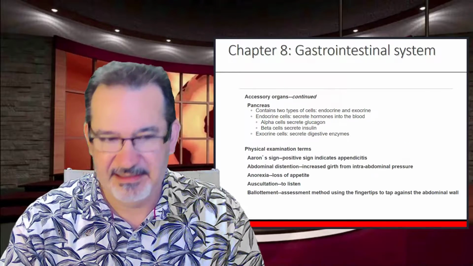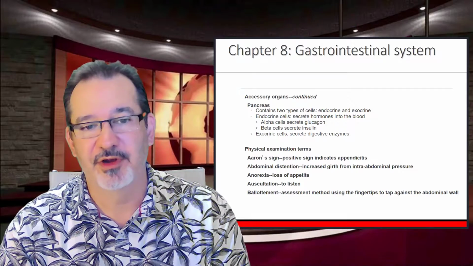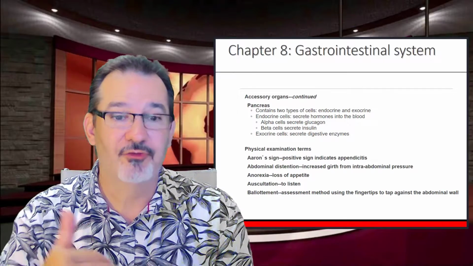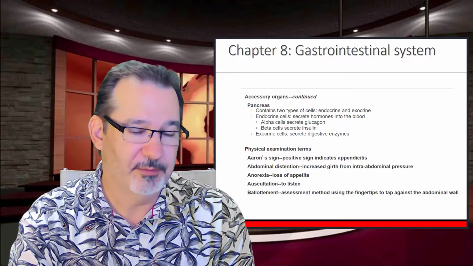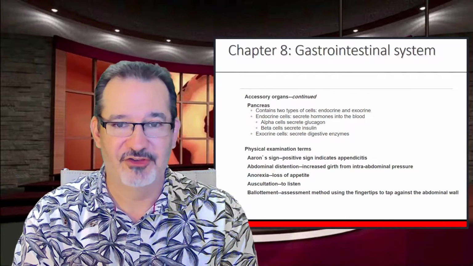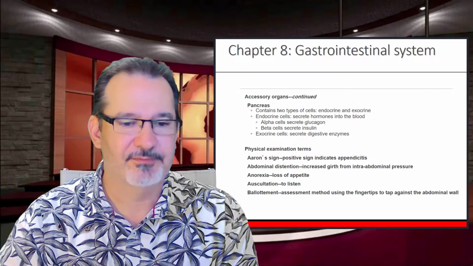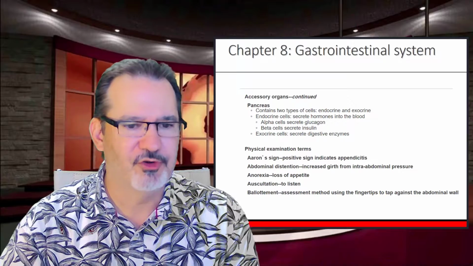Let's see. And then the pancreas, 2 types of cells, endocrine and exocrine. The endocrine cells secrete hormones into the blood, and then the exocrine cells secrete digestive enzymes, okay, to help break down things like fats. Okay, physical exam terms,